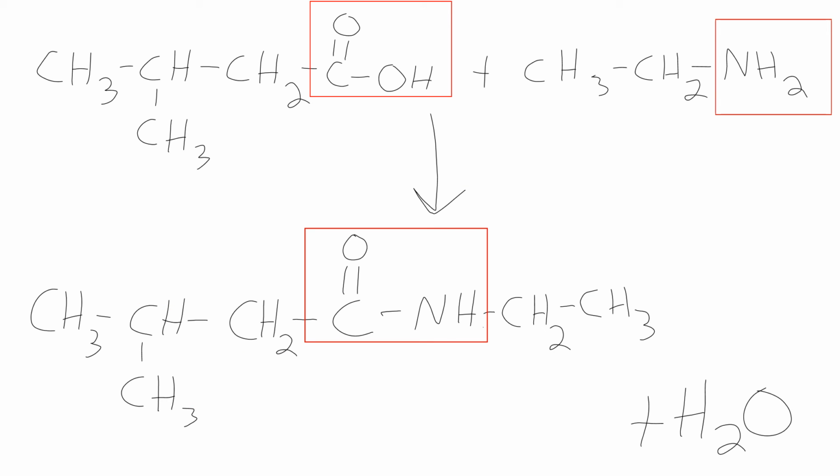So the first one we want to look at is the formation of an amide. And we said that an amide gets formed from the reaction of a carboxylic acid. So you can see a carboxylic acid in the upper left. In the upper right, you end up seeing an amine. Then on the bottom, when you react that carboxylic acid and that amine together, you end up forming that amide that you see